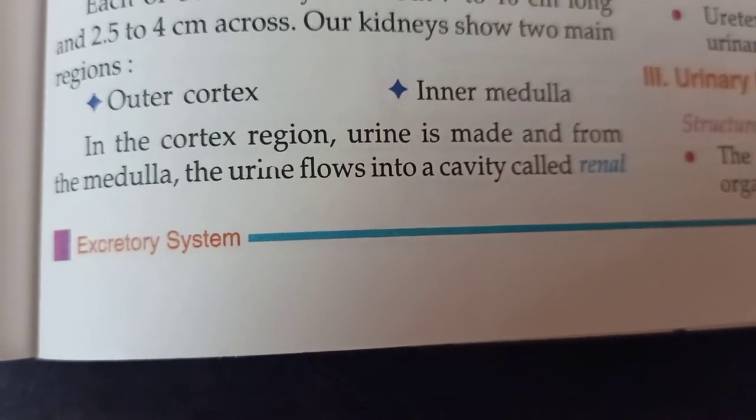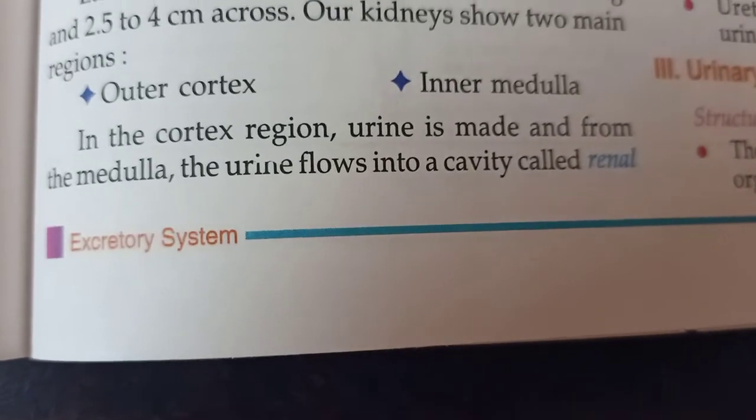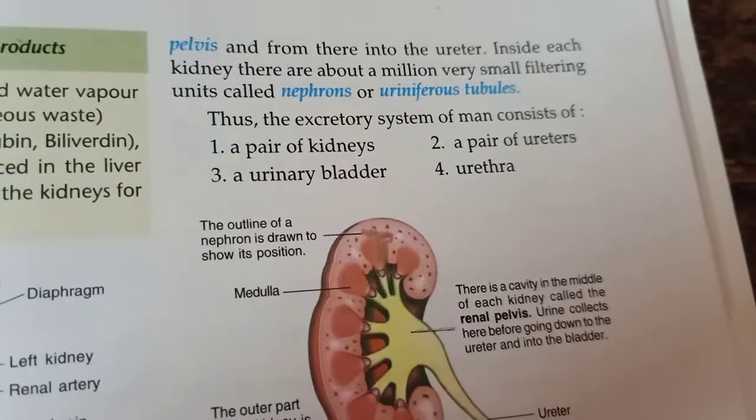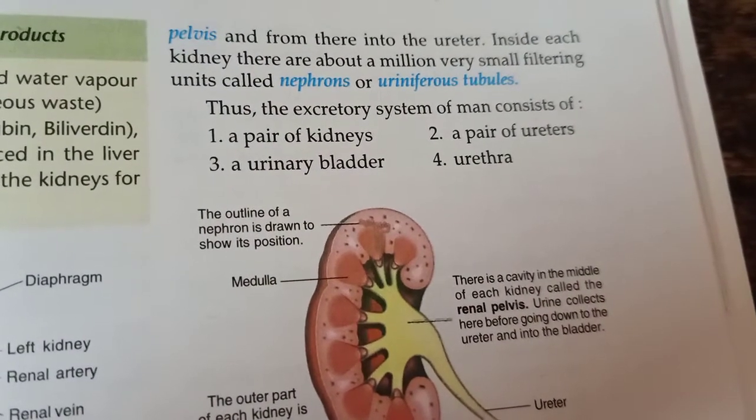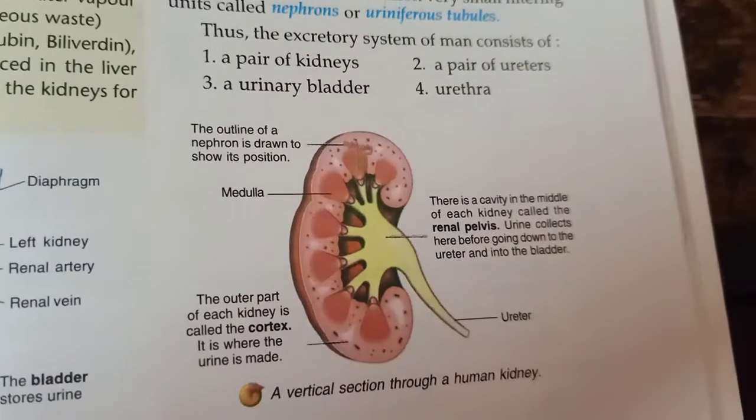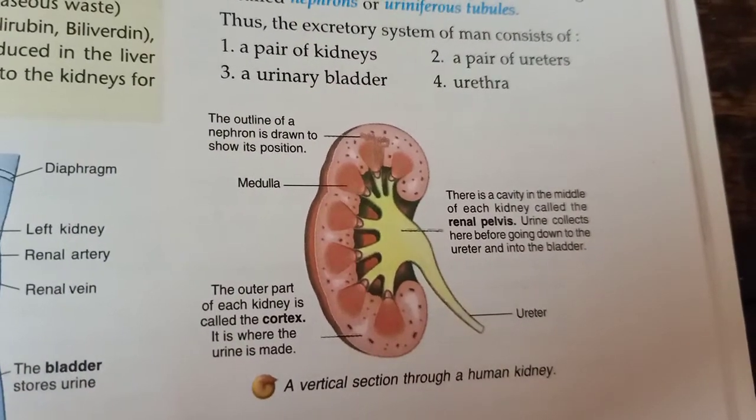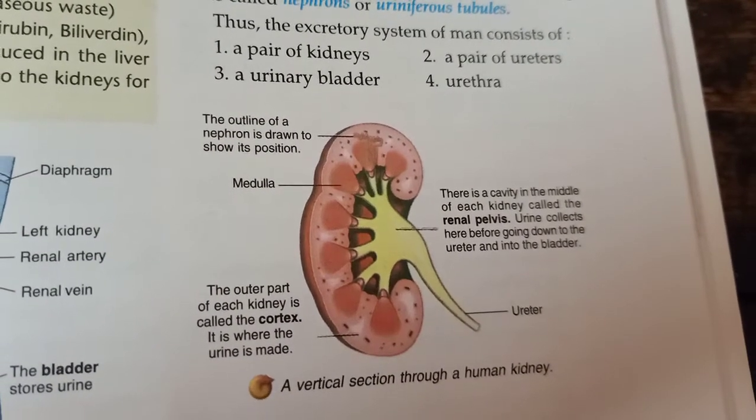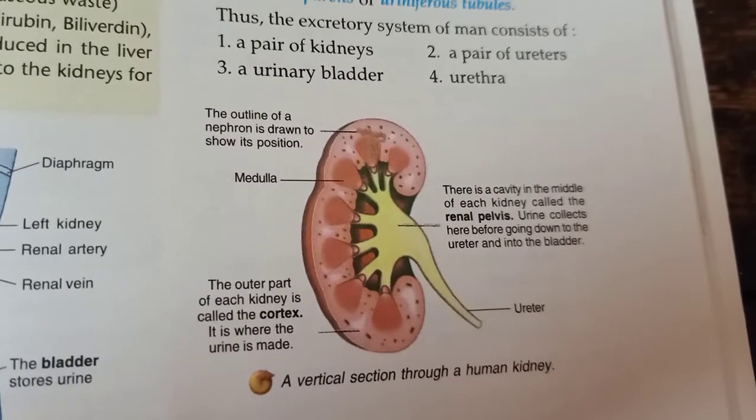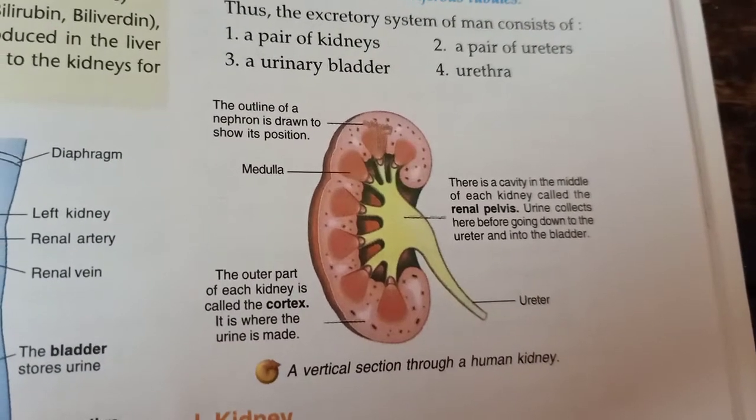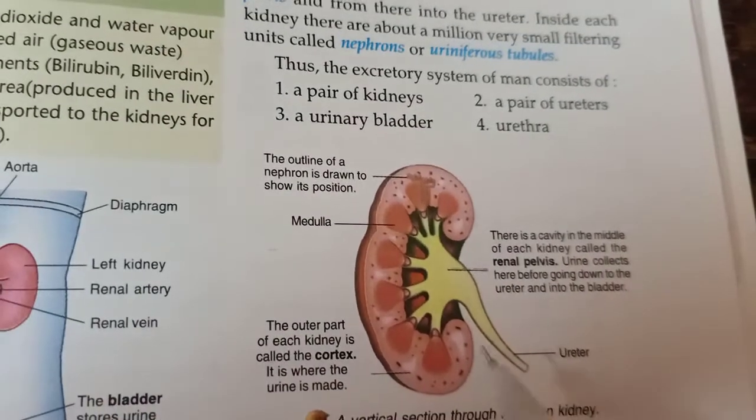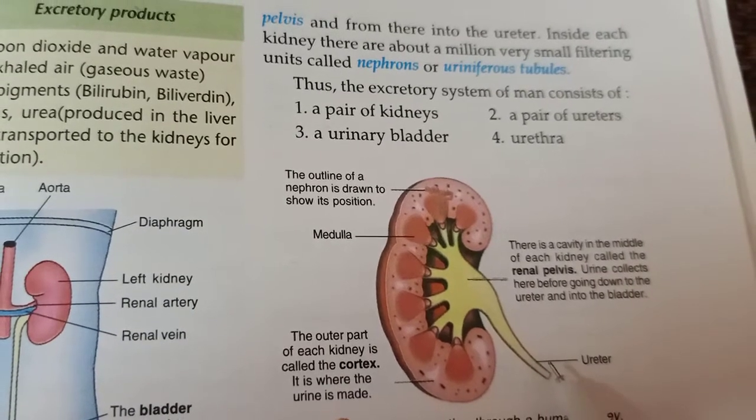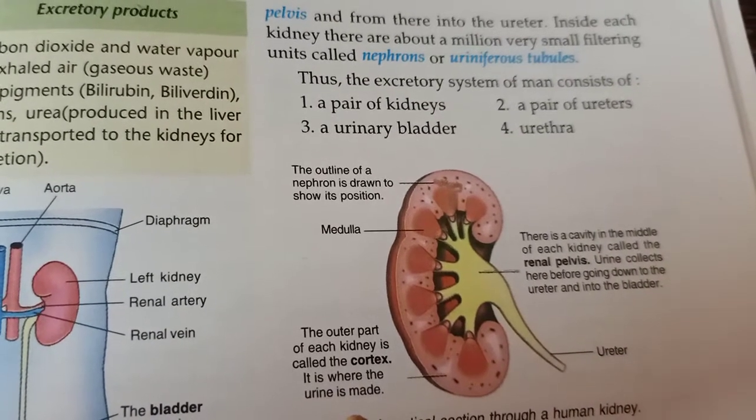In the cortex region, urine is made, and from the medulla the urine flows into a cavity called renal pelvis, and from there into the ureter. So you can easily see that the medulla is there, the outer cortex is also there, and the urine flows into a cavity called ureter. You can see this part is known as ureter, and inside each kidney there are about 1 million very